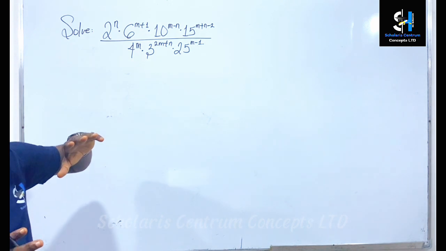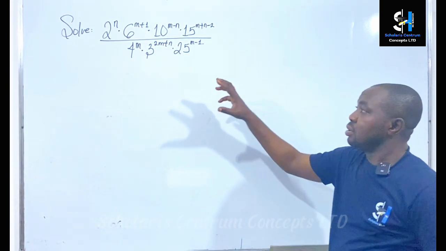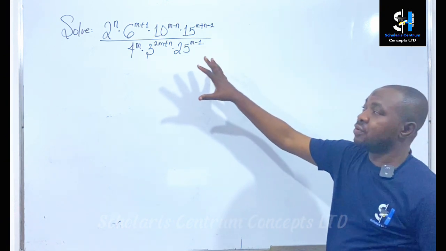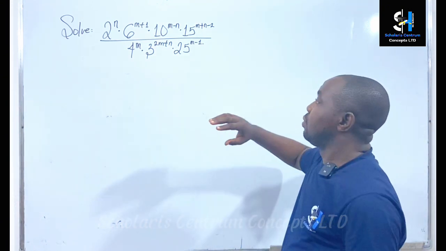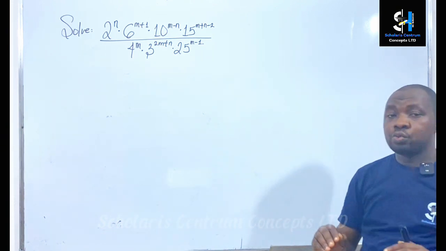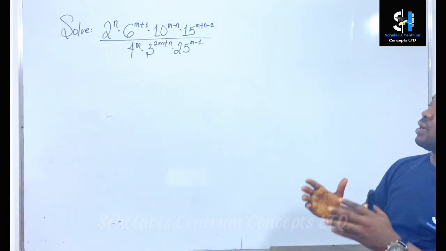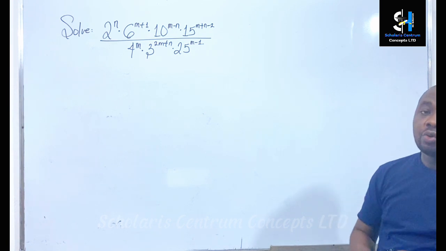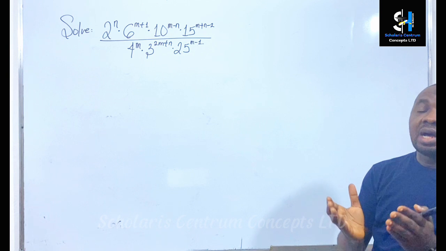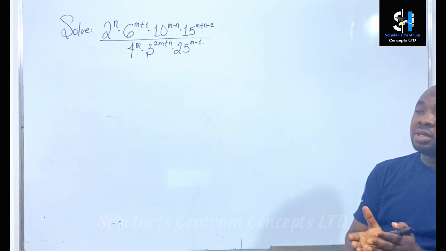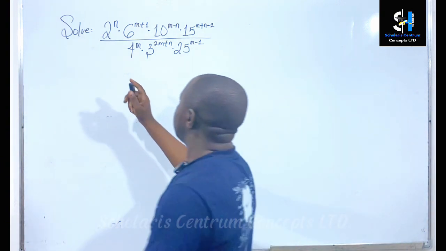Now, in one of my videos, I explained that whenever we are given this kind of indicial rational expression, the first thing we need to do, our first inclination, is to factorize the numbers into prime factors and then add powers of the same base. Then after that, we can get the result. So in this case, I'm going to write